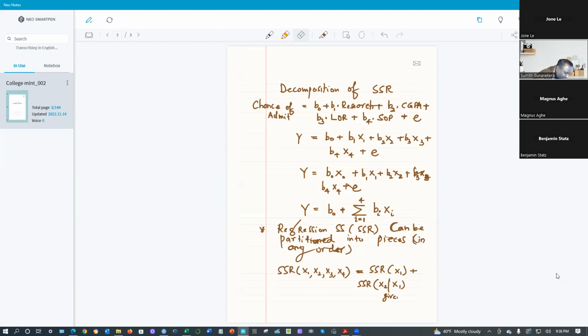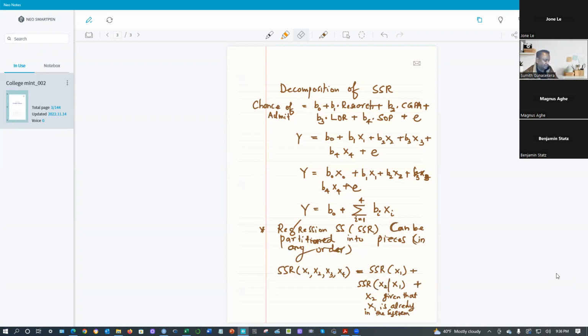You can say x2 given that x1 is already there, x1 has already been taken into account. That's what it is: SSR x2 given x1, plus